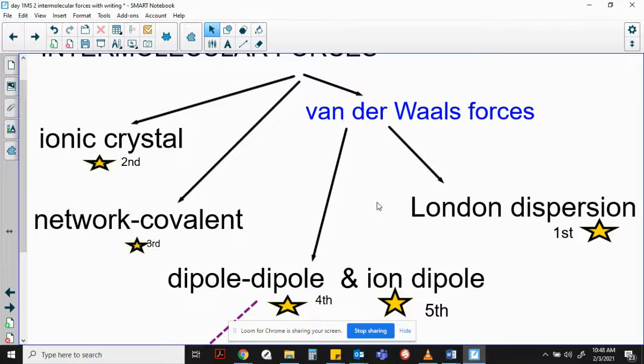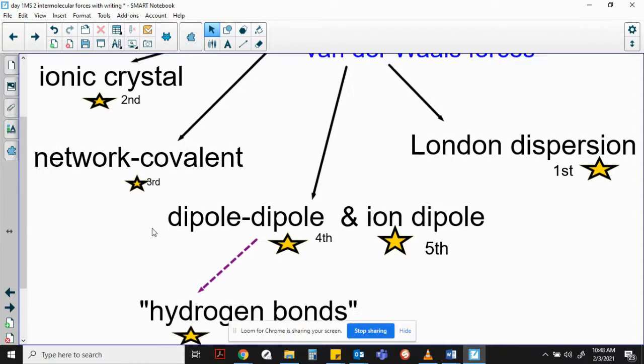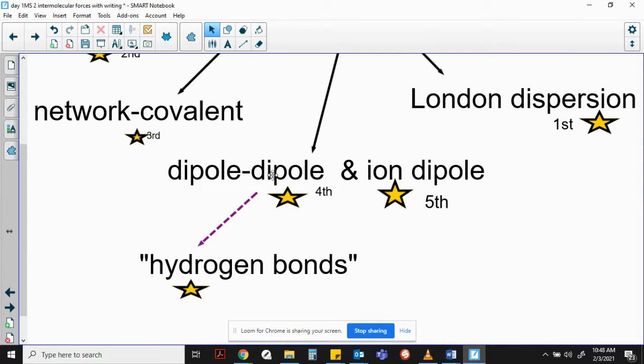So we've looked at our London dispersion, which are the very weak ones, the weakest that we can get, where all molecules have. We've looked at ionic crystal, where we only see ions. We've looked at network covalent, where we've got 5 specific ones. And so now we're going to start looking at dipole-dipoles, and then we've got hydrogen bonds as a specific type